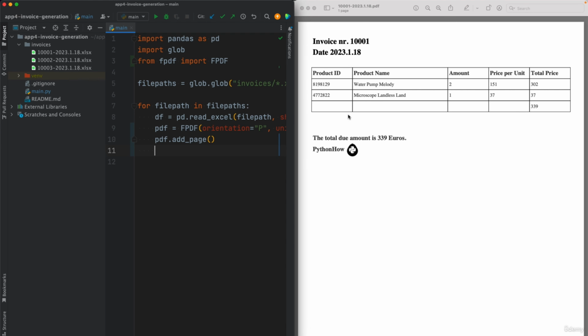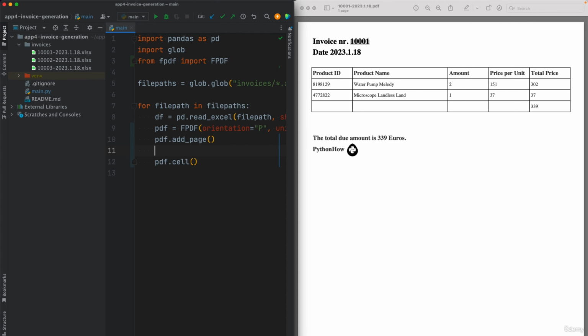So we will create something like this. So you don't have to write a sketch or create a Figma project. Just look at here and let's begin. So we have the invoice number and that's the actual invoice number. So that's a label we want to write and that's the number. Now to add text to a PDF document, we use the cell